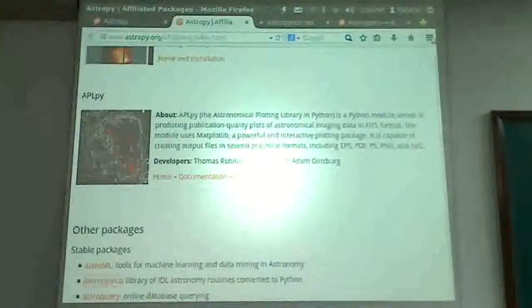Then you have APLpy, which allows you to layer things like regions or contours on top of images like you are allowed to do in DS9, except that this is much more powerful. It can be called within Python, and you can use Matplotlib as a basis to layer other kinds of vector graphics on top of FITS files.